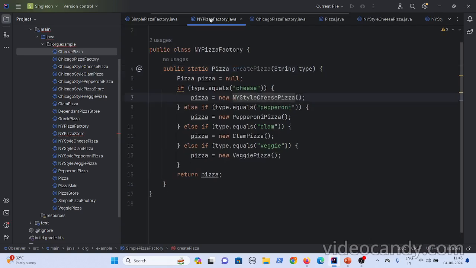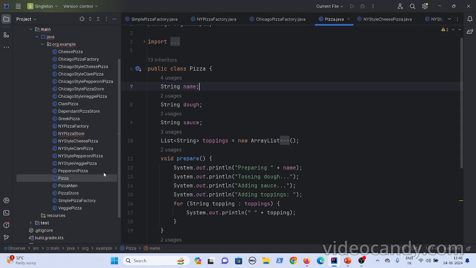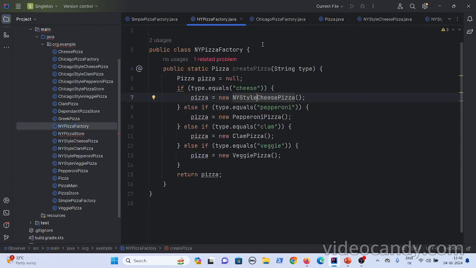But by creating separate factories, you can create a new factory, and you can create your region style pizzas by extending this pizza class, like how I have added. Maybe if it is Dublin, you can create a Dublin pizza factory and a new class. The existing classes are not getting affected. This is one of the advantages.